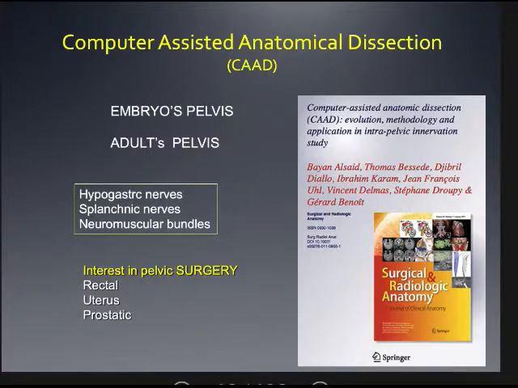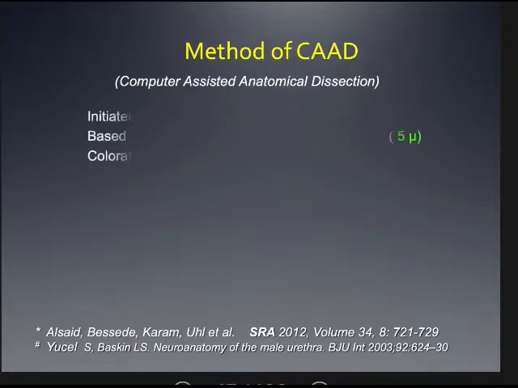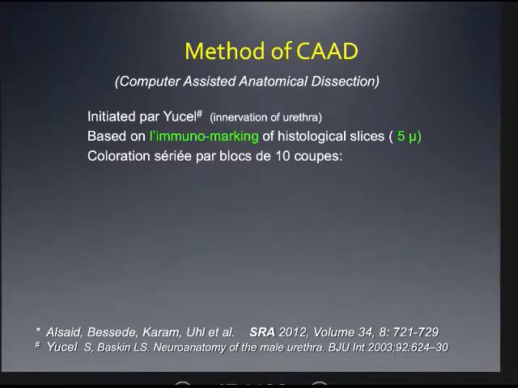So some words about this technique that we use, which is called the computer-assisted anatomical dissection. It's about embryos and adults, mainly in pelvic reconstruction. Why? Because we are interested in the reconstruction of the hypogastric nerves, the splanchnic nerves and the neurovascular bundles, because there is the most interest in pelvic surgery for the preservation of the nerves. What is this method? This CEAD method